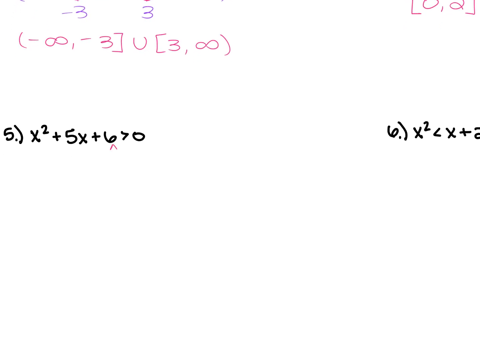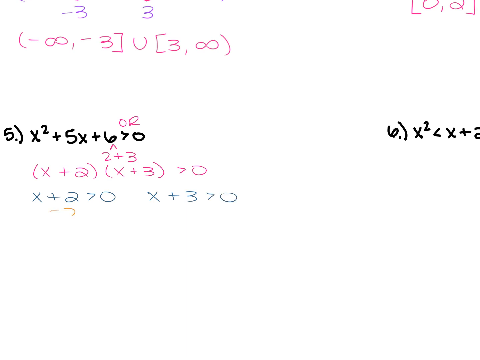For number 5, we have x squared plus 5x plus 6 is greater than 0. Your factors of 6 that add up to be 5 are 2 and 3. This is also a greater inequality, so it's going to be an or statement. So this is going to factor to give you x plus 2 times x plus 3 is greater than 0. We separate this to be x plus 2 is greater than 0, and x plus 3 is greater than 0,